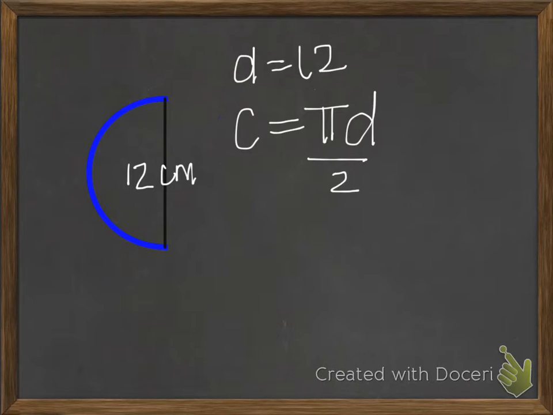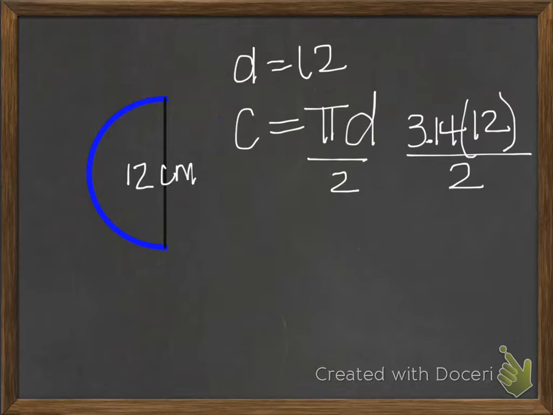So I'm going to go ahead and put that in my formula so that I make sure I do it completely. So like last time, we're just going to go ahead and plug in our numbers. So pi is 3.14, and remember it's on your reference sheet if you don't remember it. My diameter is 12, and then we're going to divide all that by 2. So if I multiply 3.14 times 12,